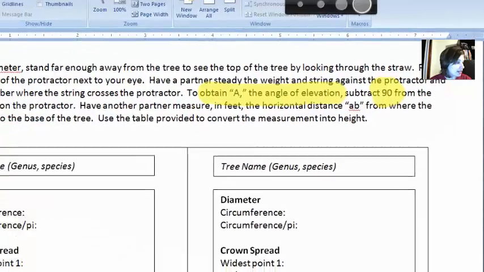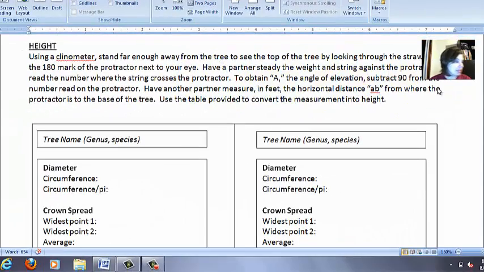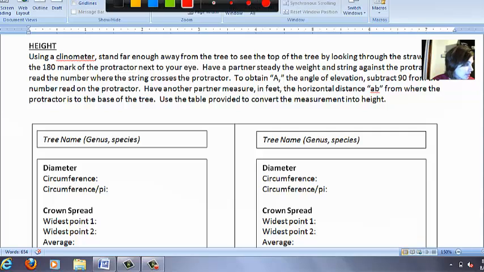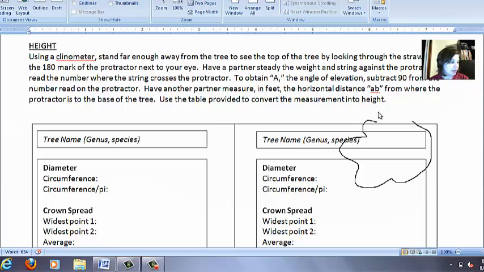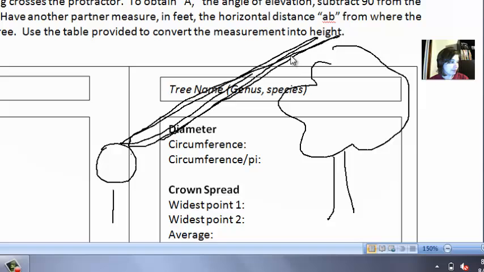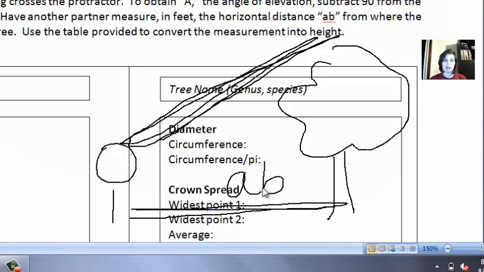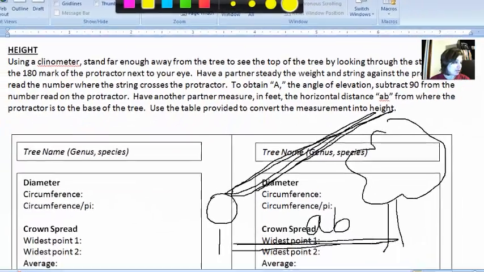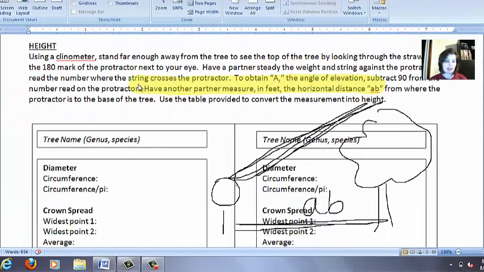The second part you need to find is the actual horizontal distance from the tree. So again, to give you a visual cue of what this is going to look like, this is going to be your tree over here. Here's going to be the trunk. You're going to be standing like this, looking up at the top. This is your angle of elevation, minus the 90 degrees, of course. But we also need to find this distance. How far are you from the base of the tree? And that's this AB that I was just talking about. So in order to find that, you need to have a partner measure in feet while you stand there that horizontal distance. Wherever you measured that angle from, so here's the angle, you also need to measure the horizontal